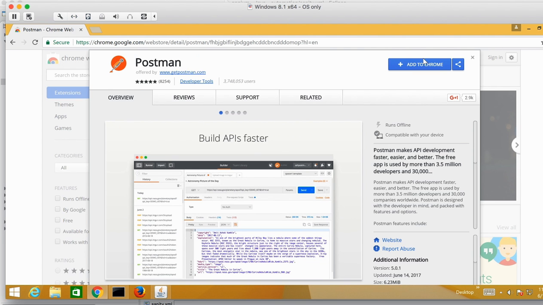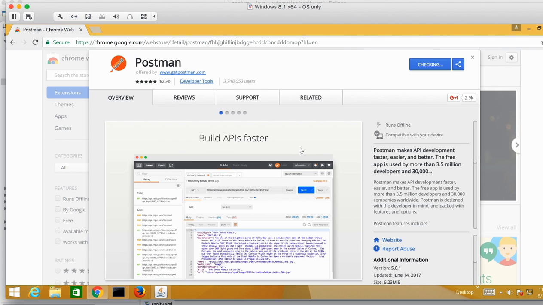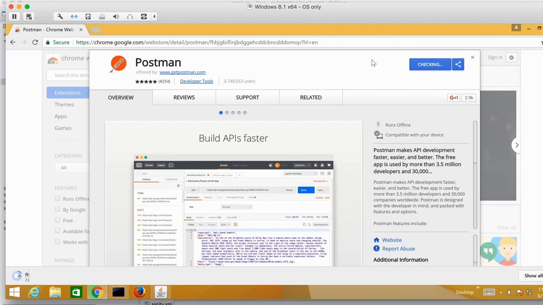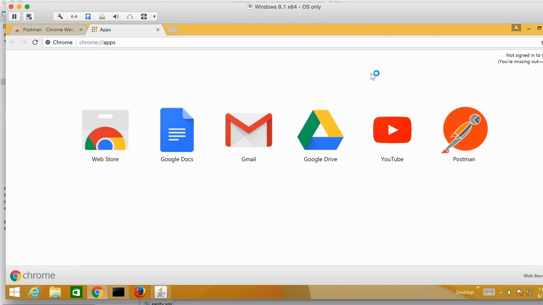Then click on add to Chrome and click on add app. It will take some time, and the Postman add-on will get added to your Chrome. Yeah, so you can see Postman here. Click on Postman.